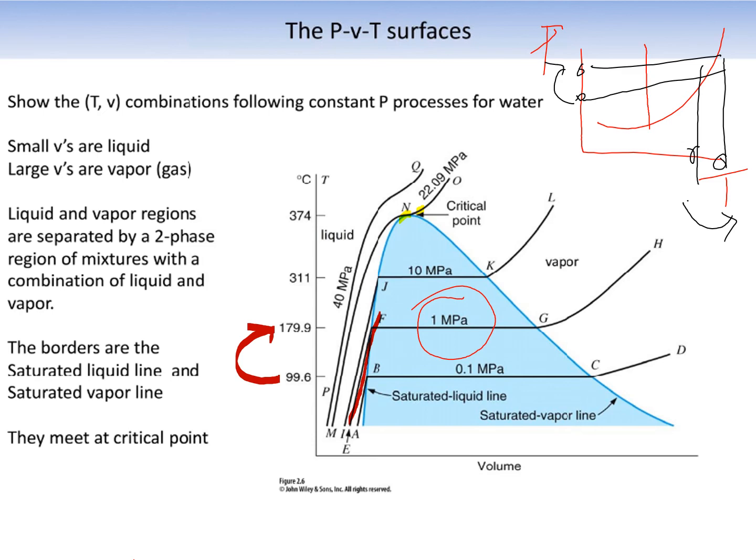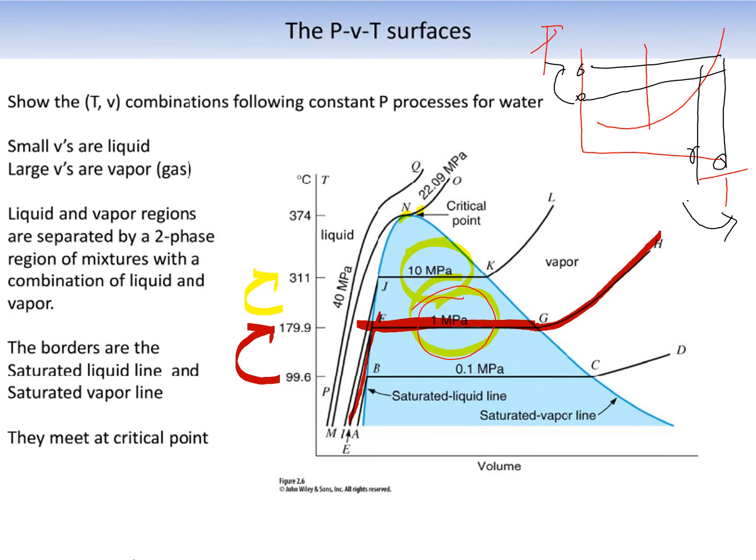And it is heated until all of the liquid turns into vapor. Temperature remains constant, and beyond this point the superheated vapor will start generating, and temperature and volume both will increase. If we increase our pressure from 0.1 megapascal to 1 megapascal to 10 megapascal, then again the